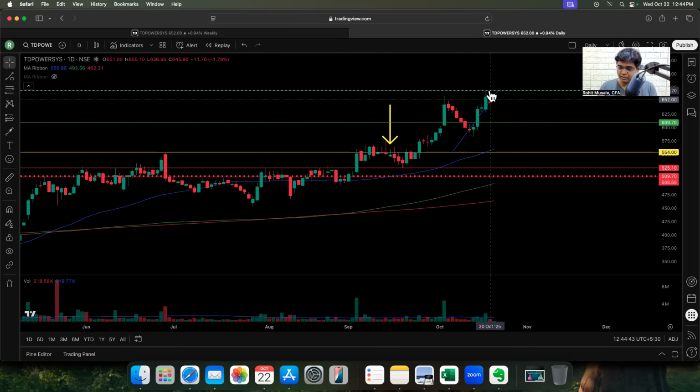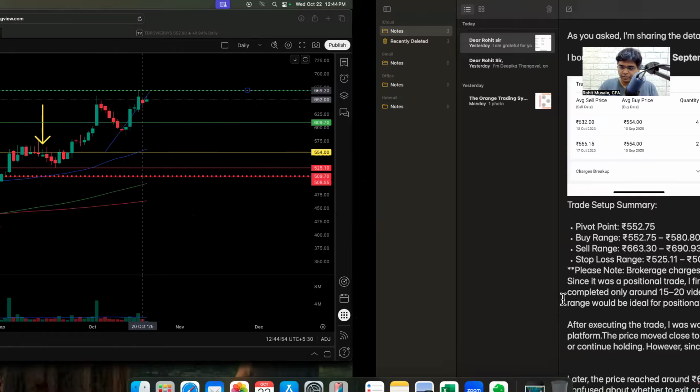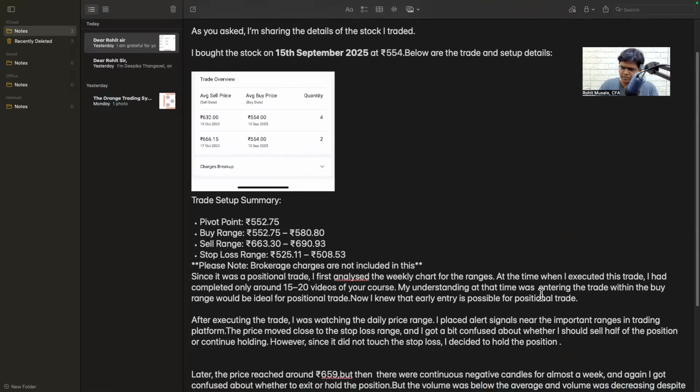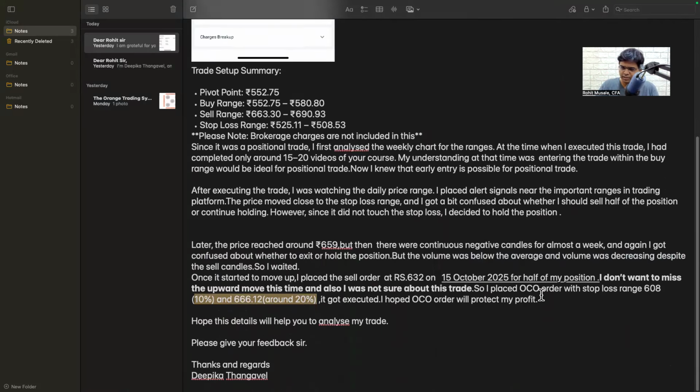So now she has become very risk averse. She at least wants to make 10% on this stock because 1 month is gone and she's not able to handle all this volatility. Okay. So beautiful risk management. At least she made sure that she doesn't lose money on this.